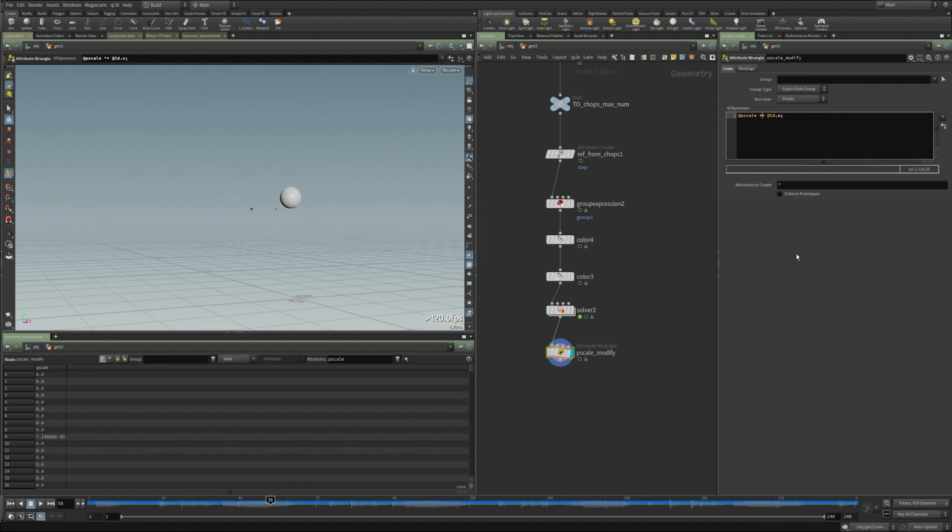But not the fullness of that color channel, we just want a fraction of it. So we say the X value of our color channel times a channel that we're going to create. I'm just going to call this mult.